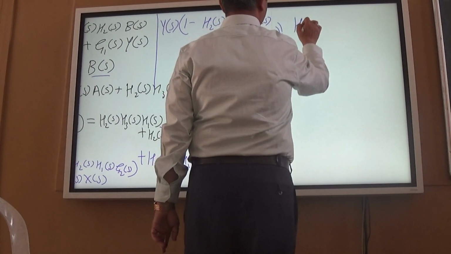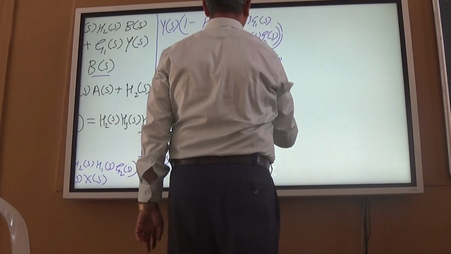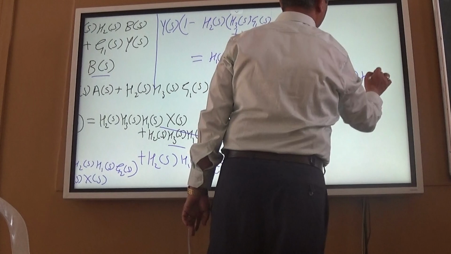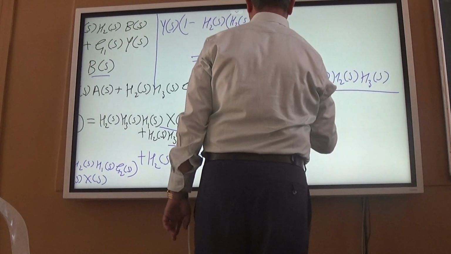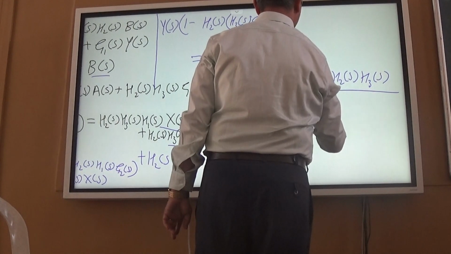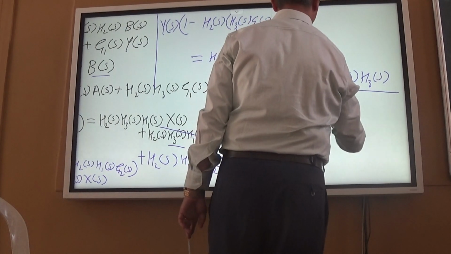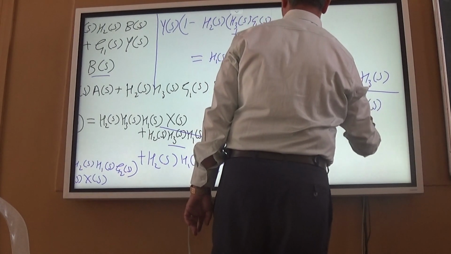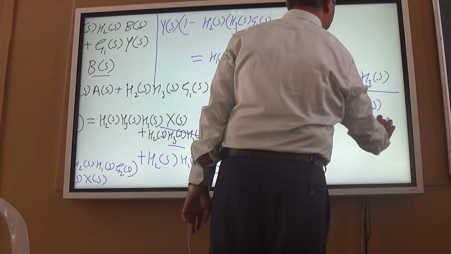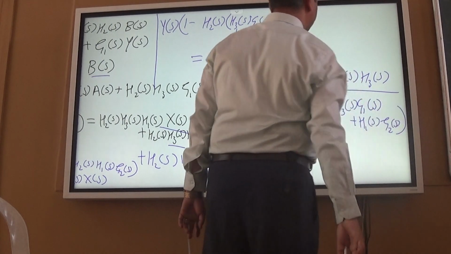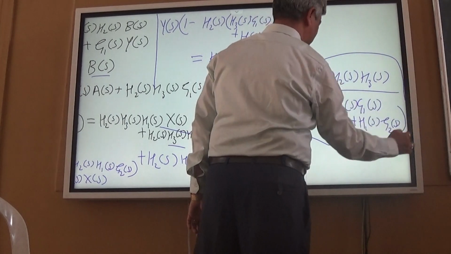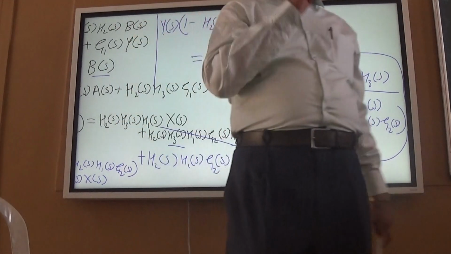So overall H(s) is equal to H1(s) H2(s) H3(s) upon 1 minus H2(s) into bracket H3(s) G1(s) plus H1(s) G2(s). Is it right? Is it okay? So I think remaining you are also